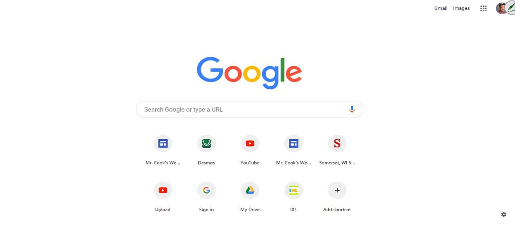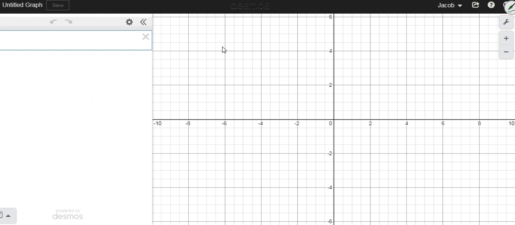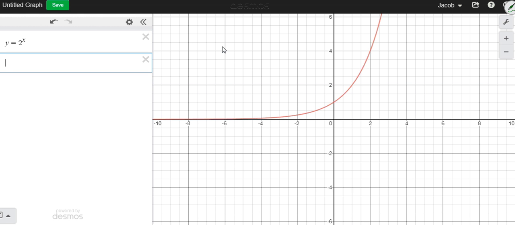So, Desmos, start graphing. Check this out. Check it. Y equals 2 to the x. Here's my red graph. And then y equals log